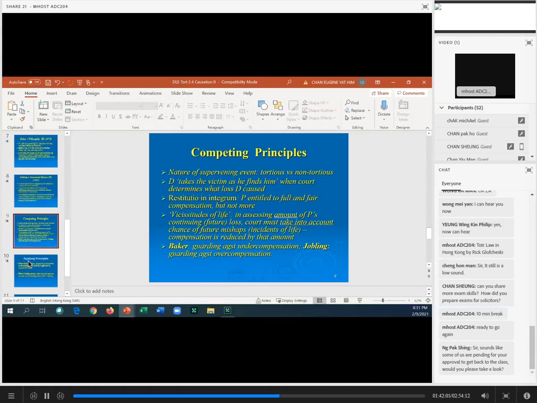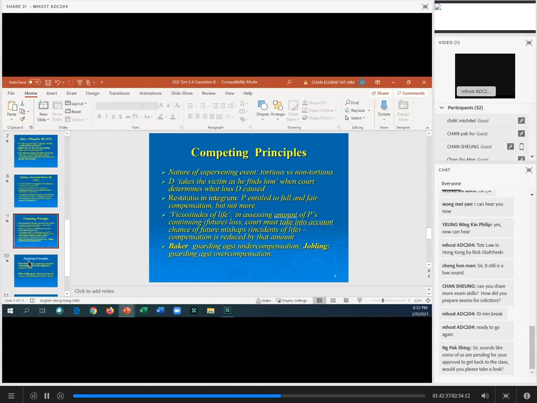But of course, in a civil action, remember the two big issues: is the defendant liable, so liability, but the other big issue is quantum of damages. On our course, we focus mainly on liability. We don't focus too much on quantum of damages. But in practice, of course, it's quite important. Remember, as I think I've said before, quite often in a civil action, the defendant will readily admit liability, but then fight tooth and nail about how much money you have to pay.